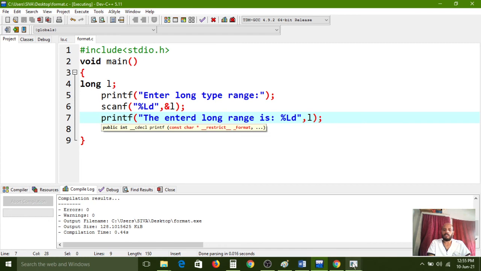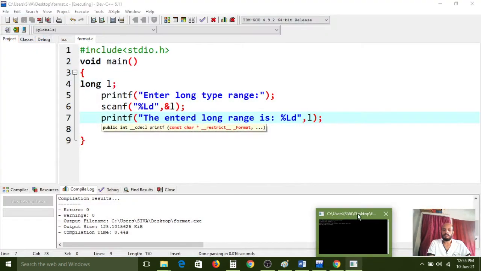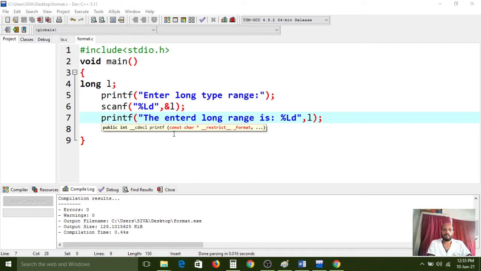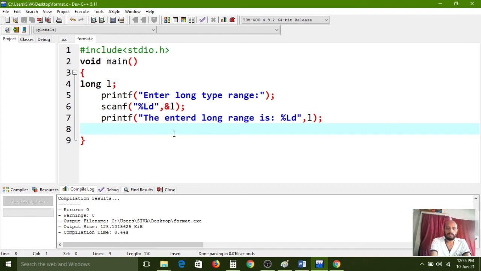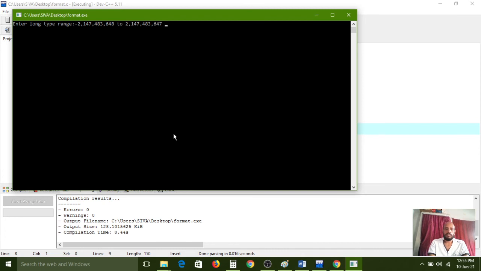Now we have executed with the same value. F10. So now we have to see whether this value is supported or not. And please remove the commas. Don't use commas while giving the input here. Comma is a separator, it will show an error, so a wrong message will print.